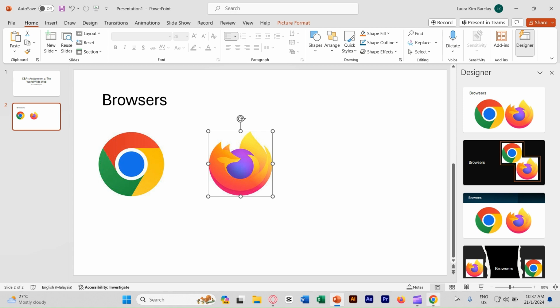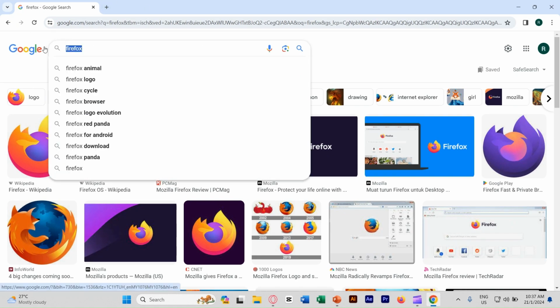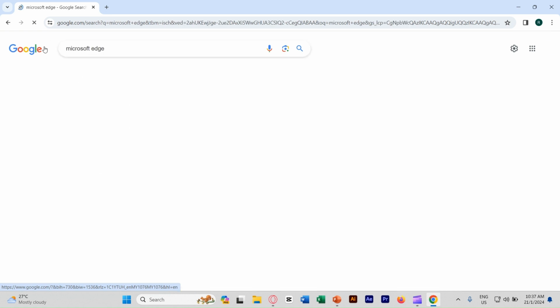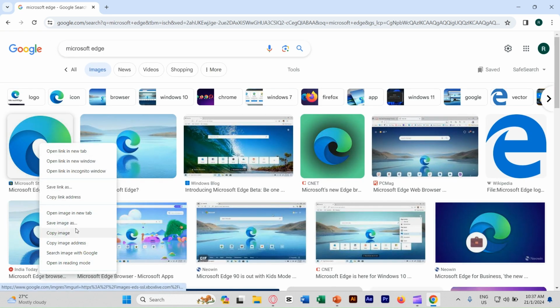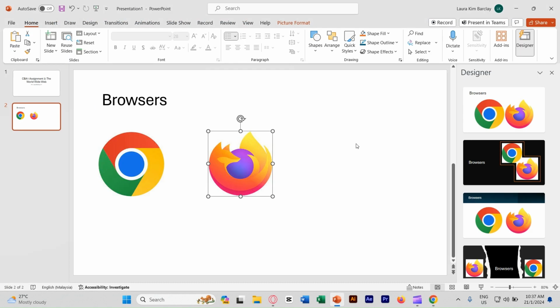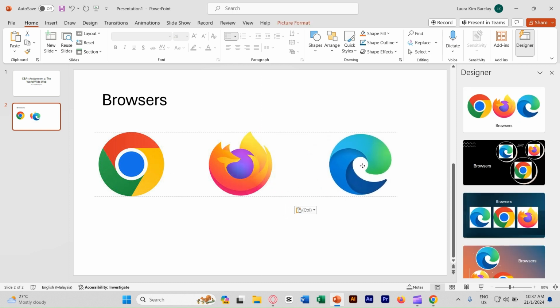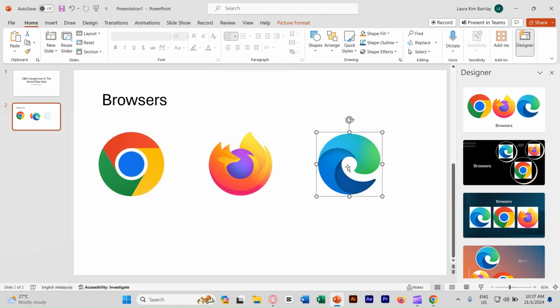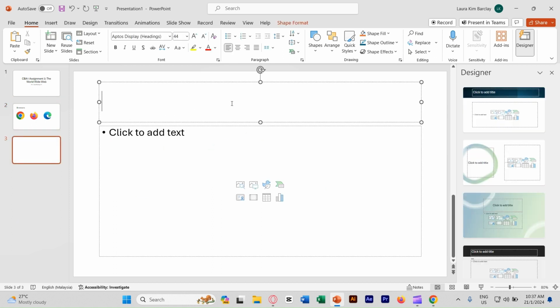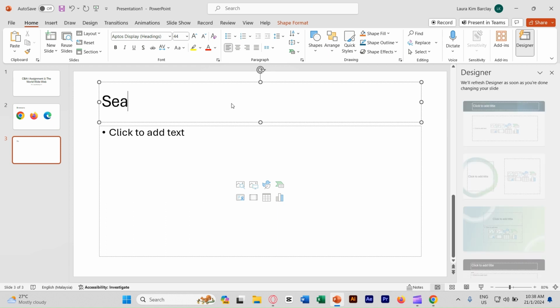Now the third one will be Microsoft Edge. So right click, copy image, minimize, and then, okay, I'm gonna try Control V, and then you have 3 images. Okay, so once you're done with this part, let's create a new slide. Click to add title. Okay, the third slide would be